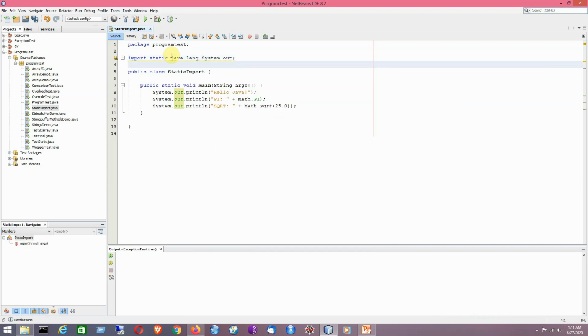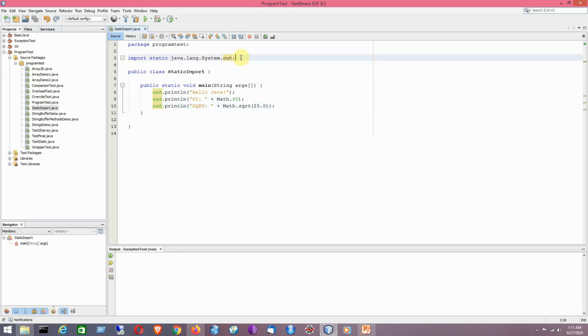So now instead of writing System.out.println, I can write out.println. So that is applicable for all the occurrences of SOP. It can be replaced by out.println because we are using the static import concept here by means of the import static statement.